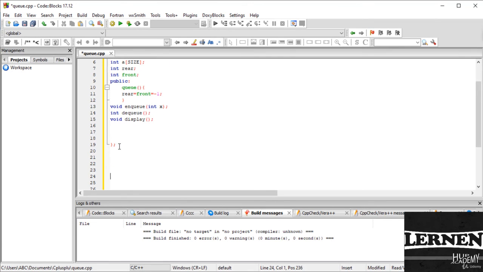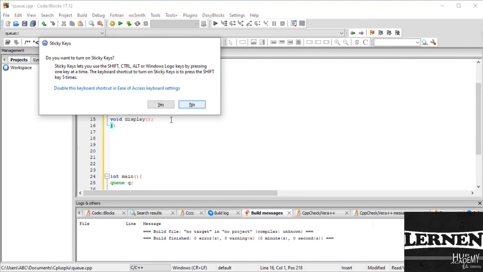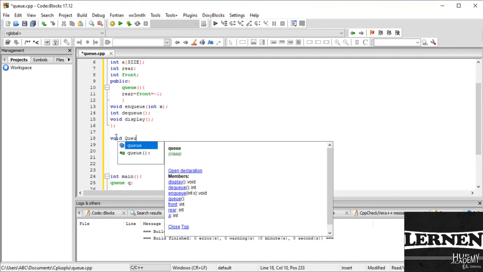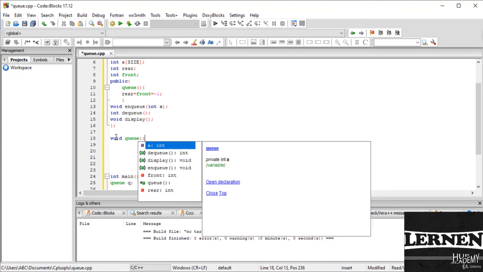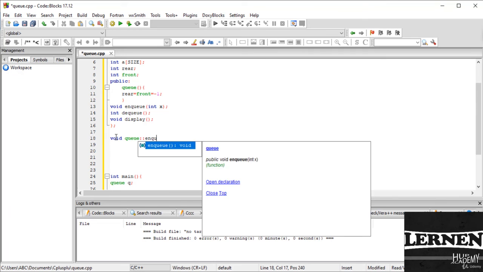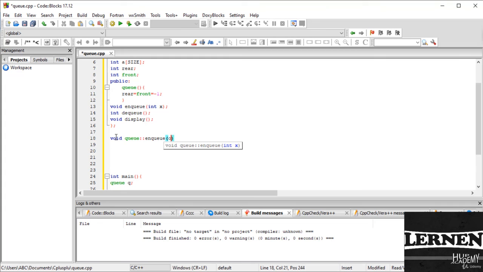Closes core body. My functions are created right here. So here I just write void queue function again, which is enqueue, and here I just pass the parameter, which is integer x. So this function is simply for adding the element, or adding the data, into the queue, which is used as